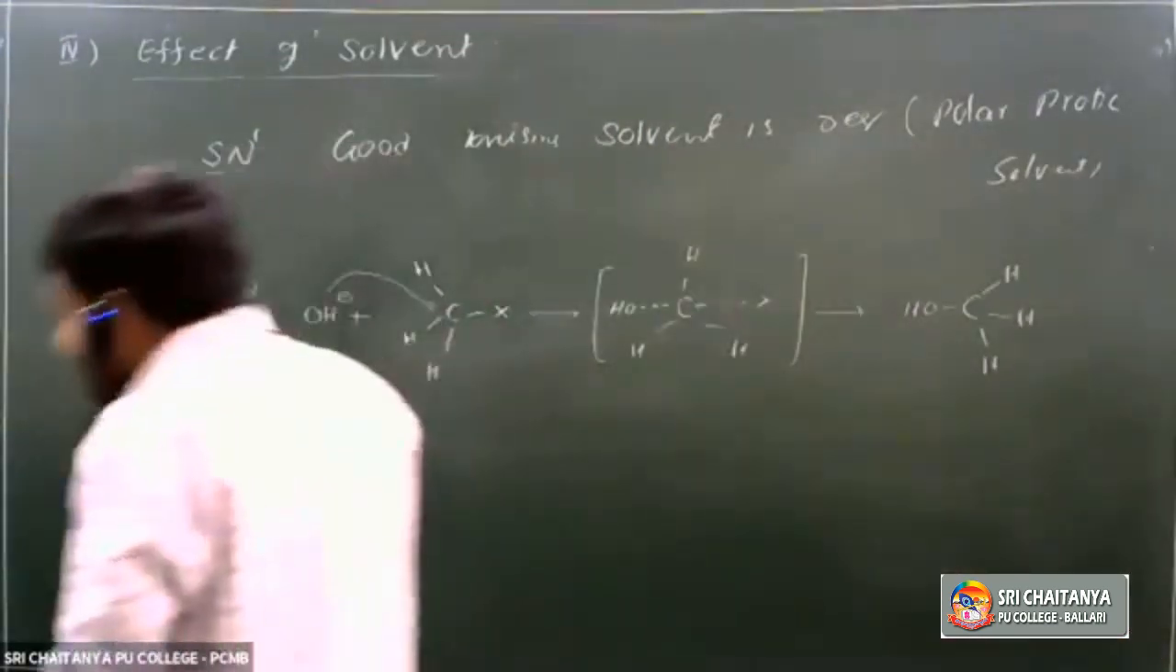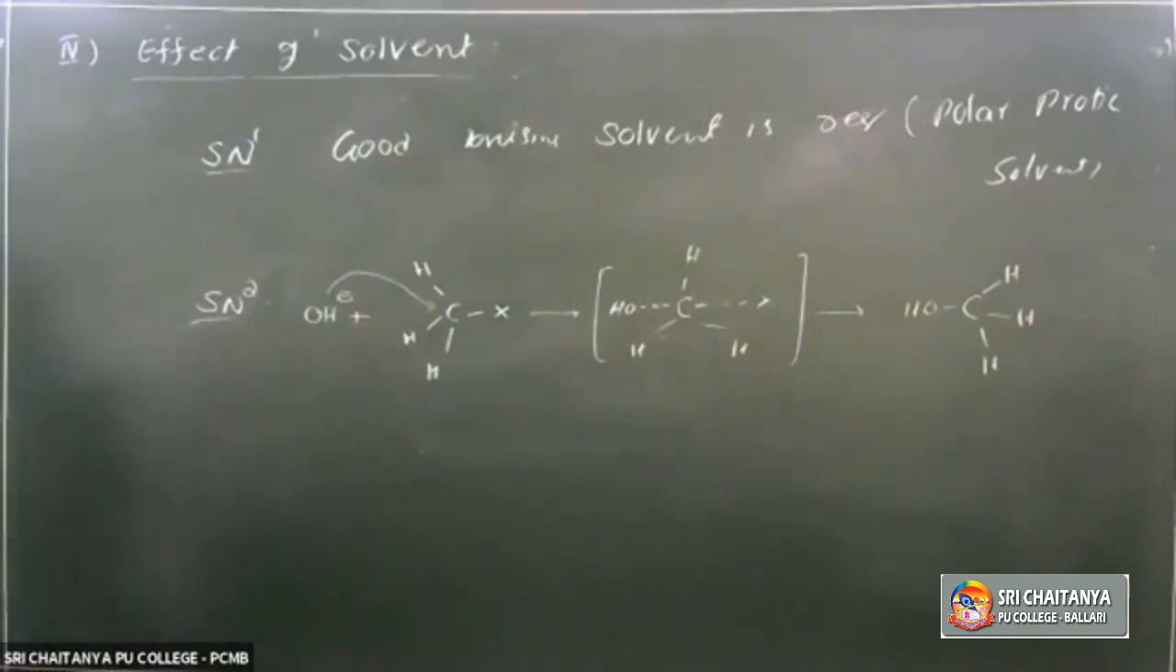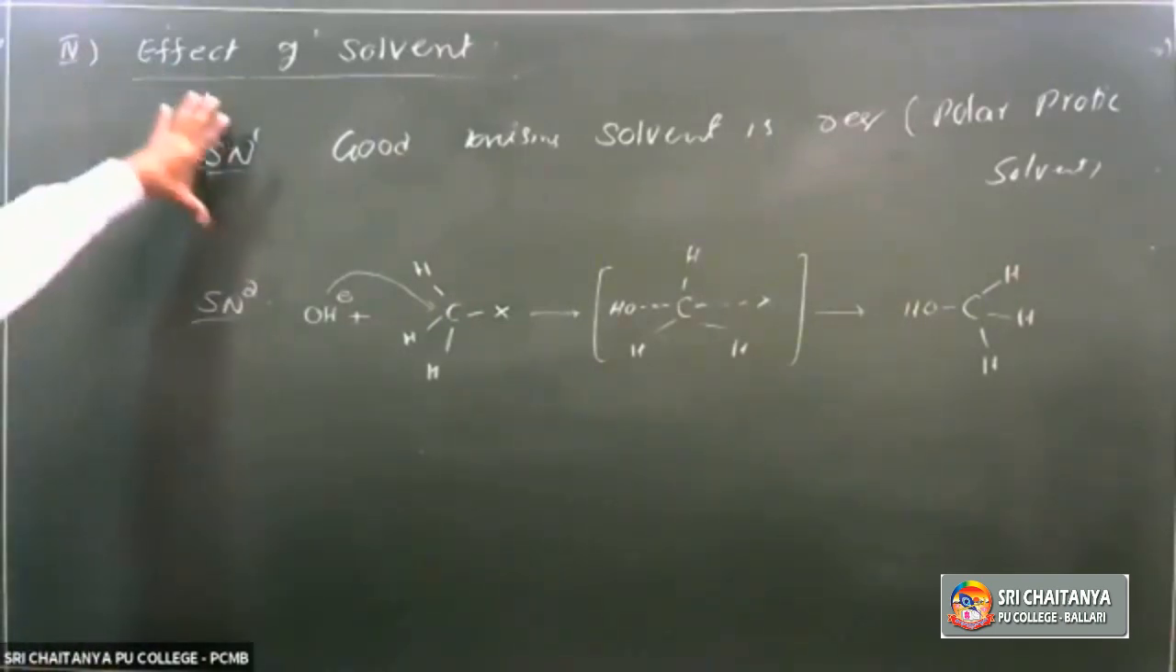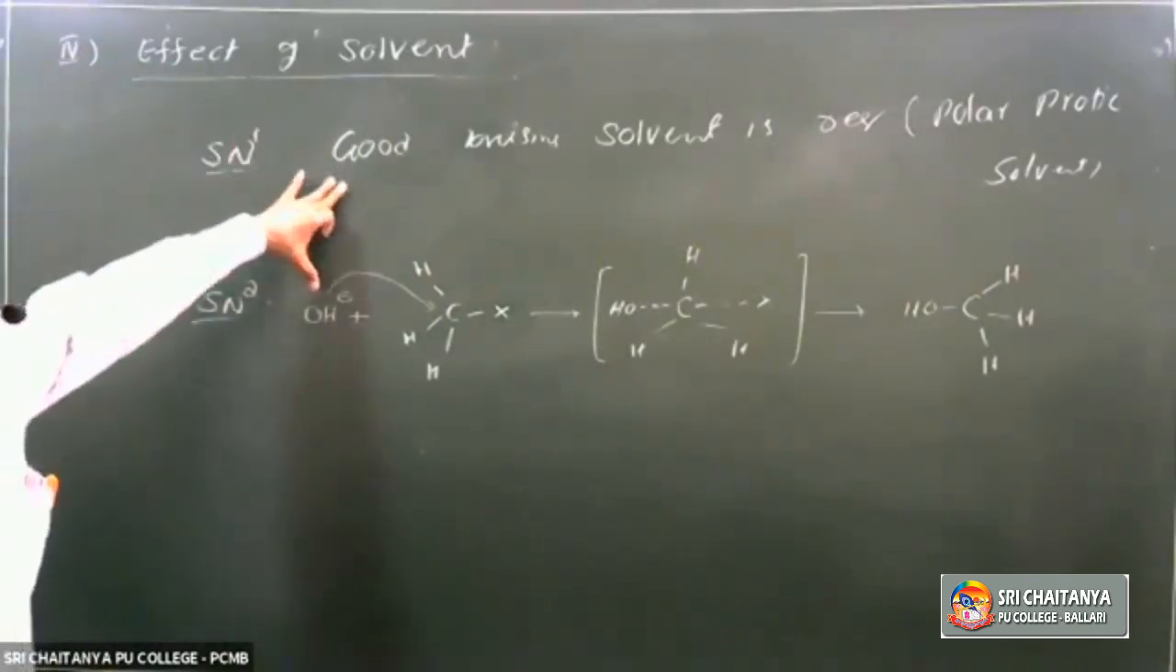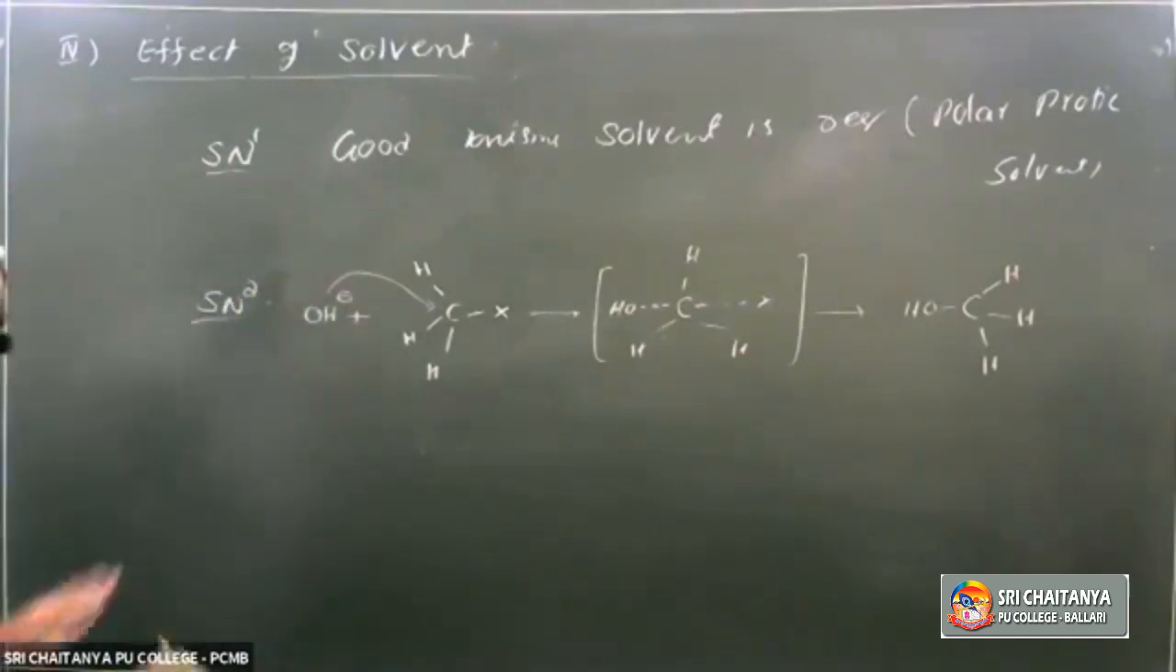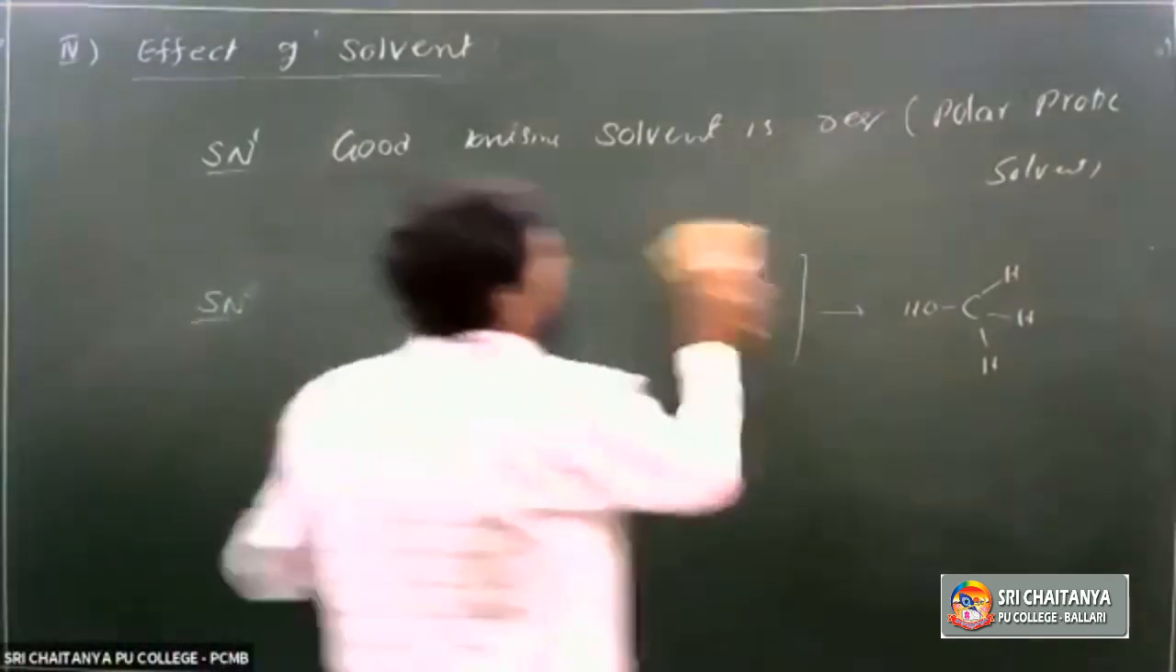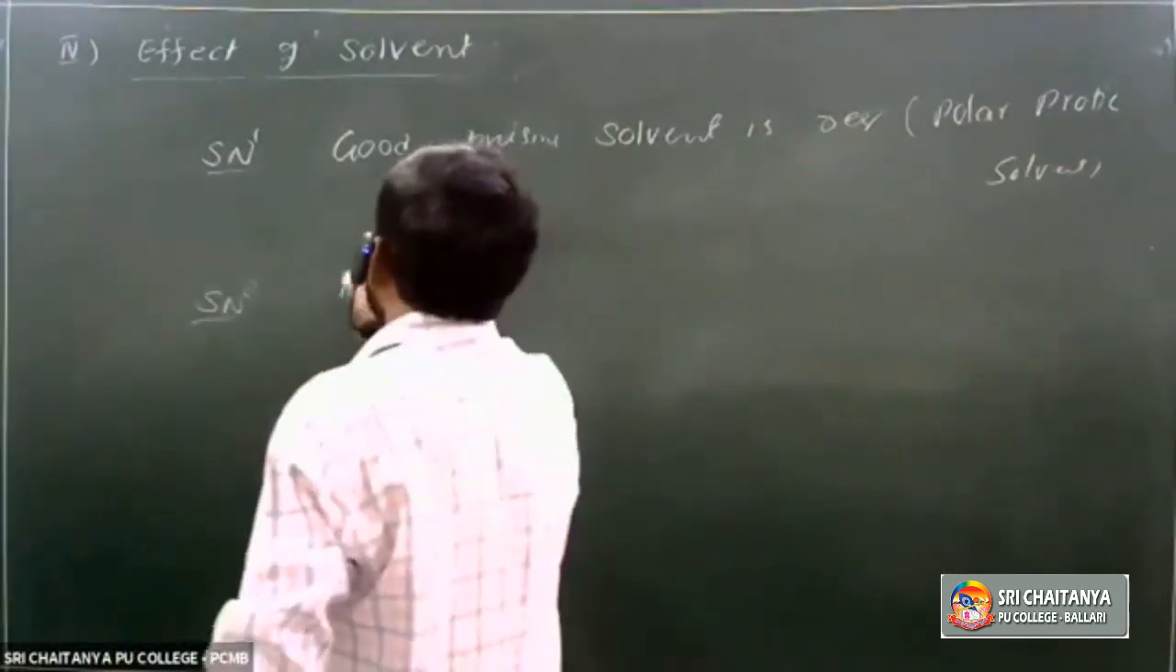So in case of an SN2 reaction, there is no major effect of solvent on the mechanism. Maybe an aprotic solvent is faster, or a less polar solvent. So maybe faster in